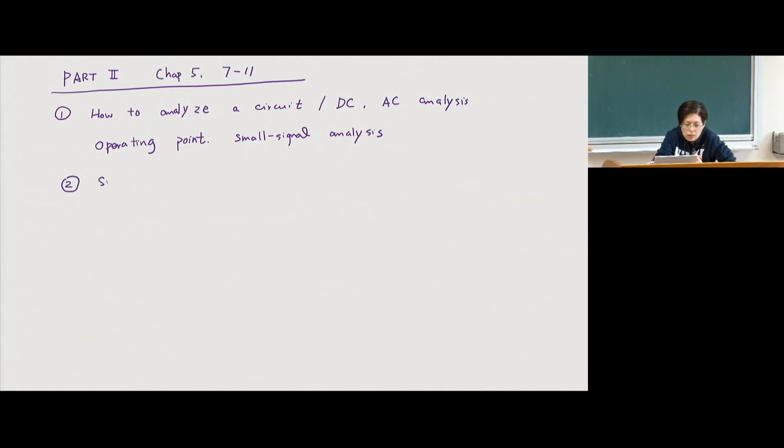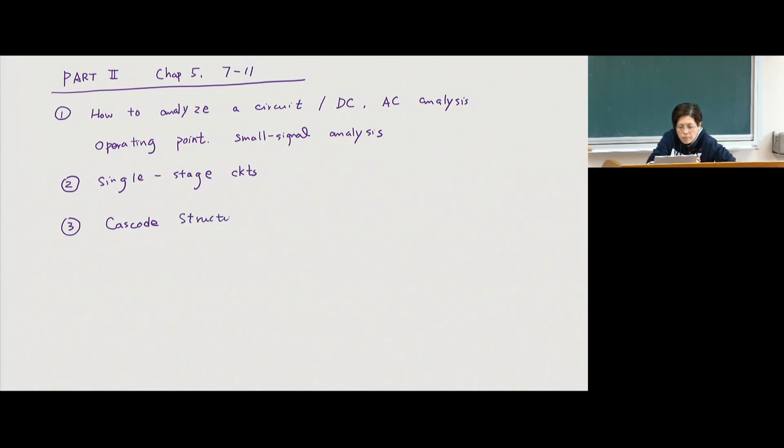So the second thing, of course, we're going to do something called a single stage. You start with single. So you want to build just a flat house at the beginning. So single stage circuits. So once you have the single element learned, you understand each of these single stage amplifiers, how does it function, and then you can combine them together. So the combination part will be something called a cascade. You want to build a second story house. So that's the cascade structure.